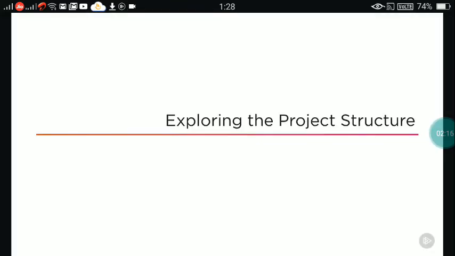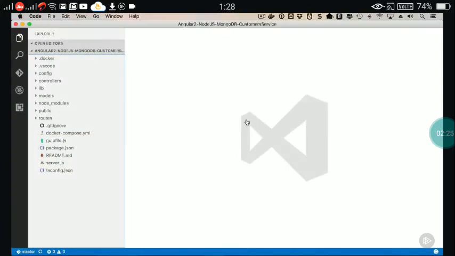Let's take a quick look at some of the different files and folders that make up the overall project structure of the app that we'll be discussing throughout the course. So I've opened the application up in my VS Code editor, and as mentioned earlier, you can use any editor you'd like, but this is what I'll be using throughout the course. And I'm going to take a bottom-up approach to show you just a quick look at some of the different